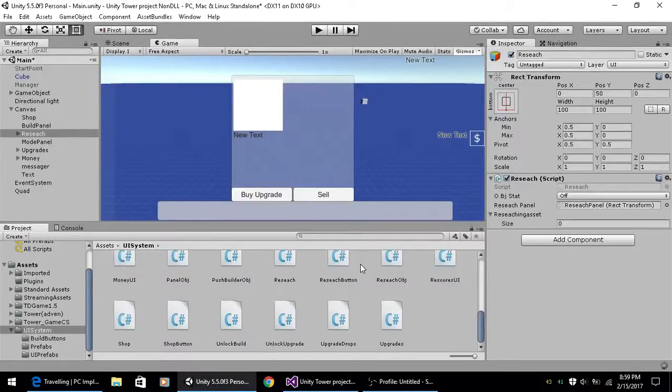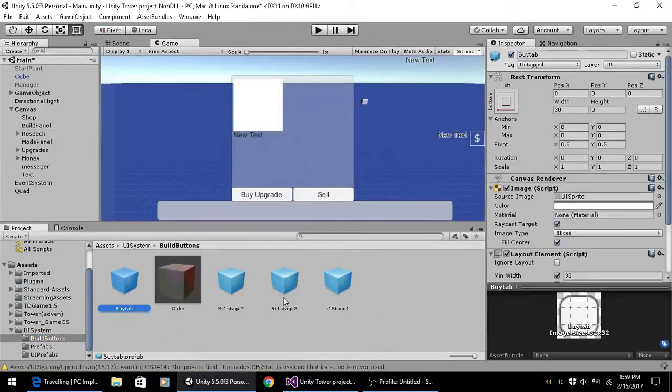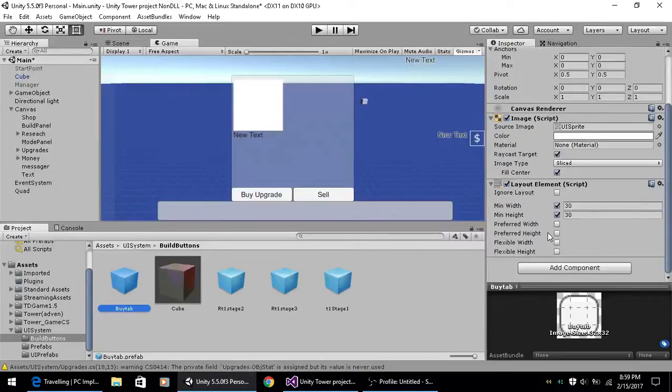All right. So I did all this work to make sure that I could see this stuff in the inspector, right? And oh crap, I don't even got